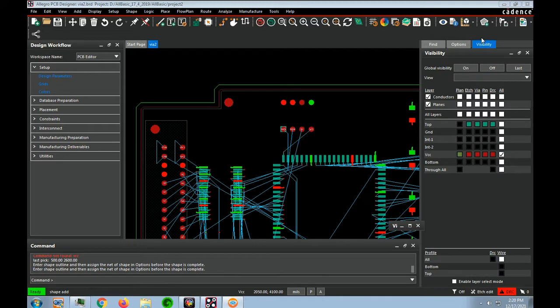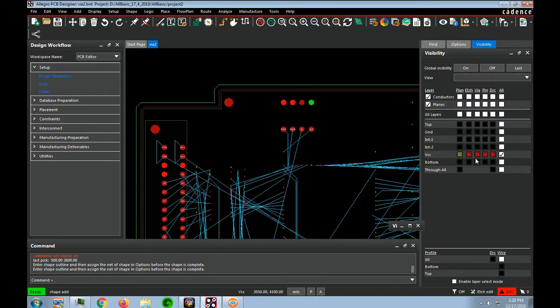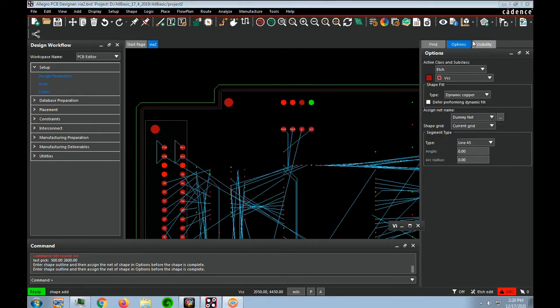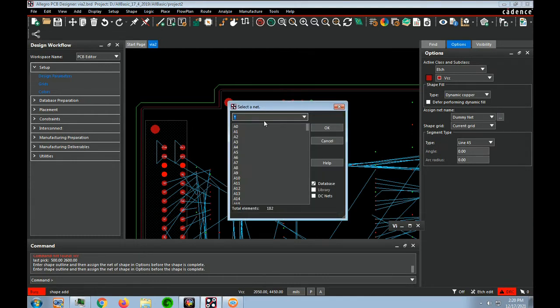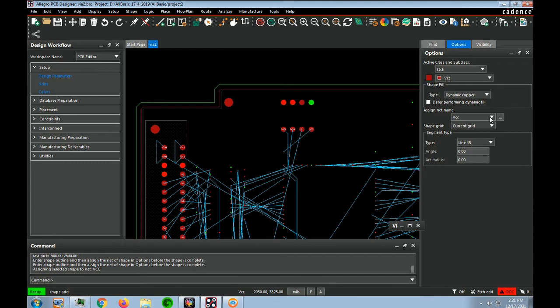And if we come over to our visibility window, we can put everything off but the VCC plane. And if we open up our options tab, we see that we have VCC, and now we want to put a name. Notice that this says dummy on it. So if we use this radial button, we can put in VCC here and enter that, and we see that VCC comes up, and we say OK, and VCC pops up into this